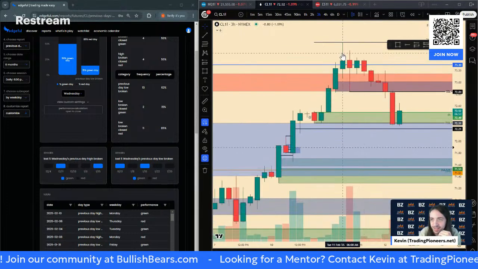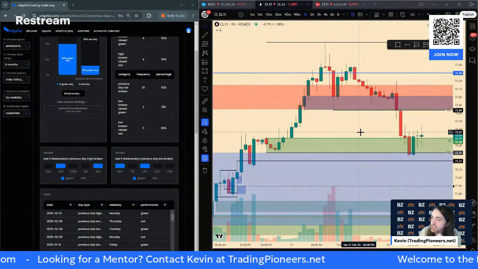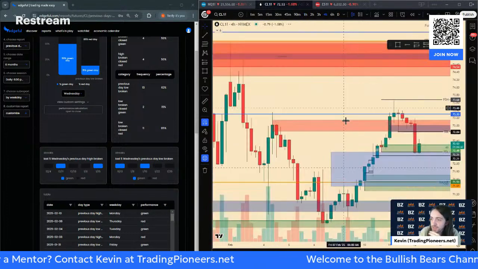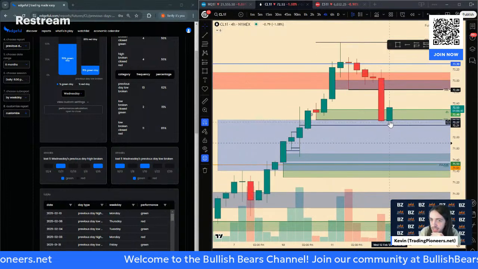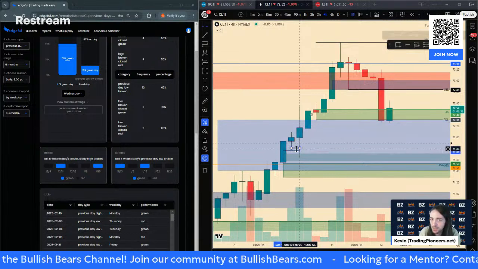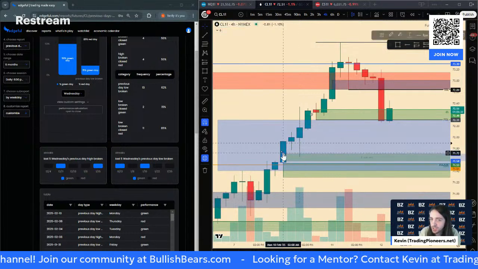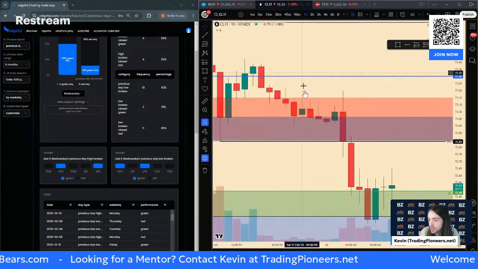All right, let's see. So let's take another look at crude. I do want to see if we find any levels of support. Now, we did have this 4-hour demand zone right here. We swept it for a second, but we stayed trying to hold it. So with that being said, I'm going to be a little patient and really probably looking for longs on oil.